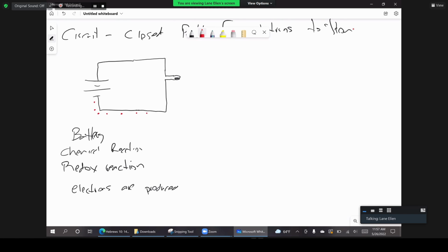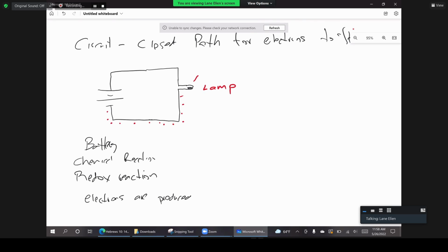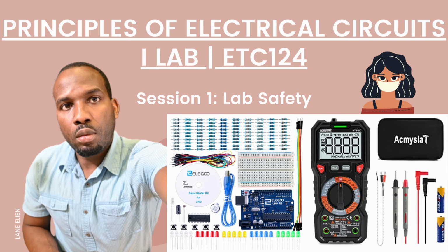You need to have the electrons going from one side to the next. The electrons, when they are produced, have a high energy level, and as they go through the lamp, they actually perform work, right? That energy is converted into light energy. So we have light coming out here. Okay, they perform work, the energy is